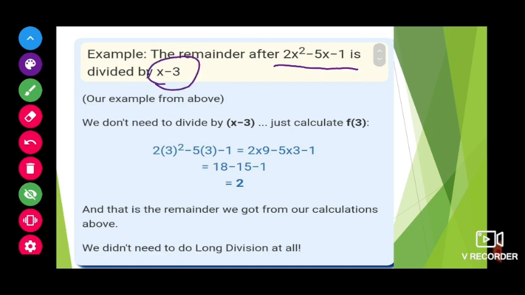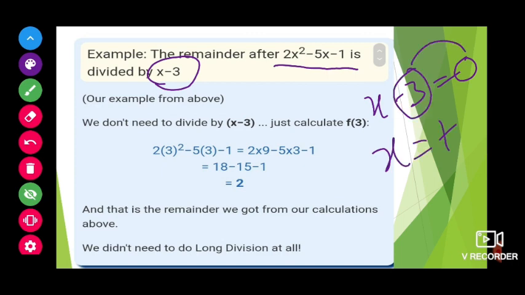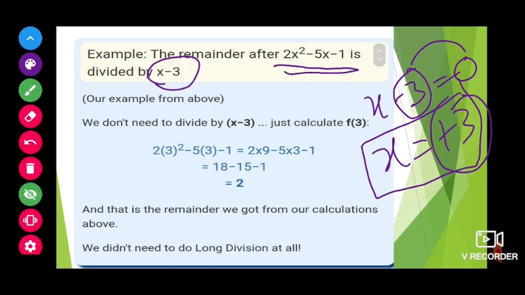So what we will do is, assume this x minus 3 as 0, and what will be the value of x? Plus 3, if the minus 3 goes to that side, it will become plus. Now substitute the value of 3 in the dividend. If we substitute, we will get the final answer, which is only the remainder of the expression divided by x minus 3.